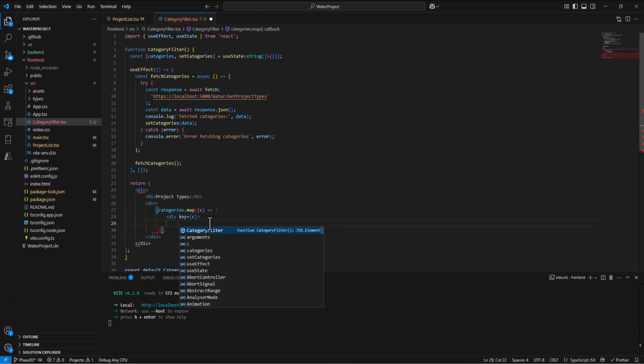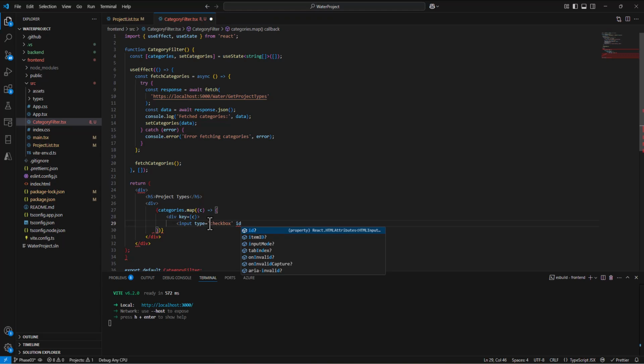And then in here I want to create a checkbox, so I can say I want an input, but the type is going to be a checkbox. By the way, if you didn't know that, it's super easy to look up how to do a checkbox. The ID of this checkbox is going to be equal to whatever is in C, right? And the value of this checkbox is also going to be,